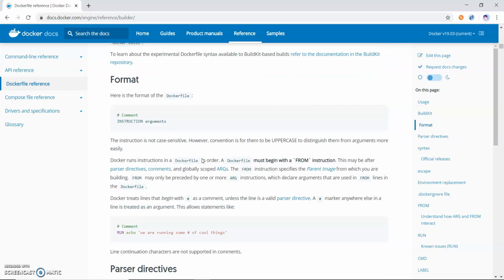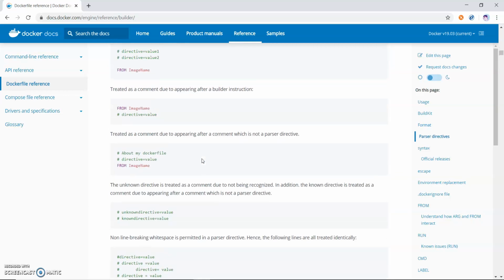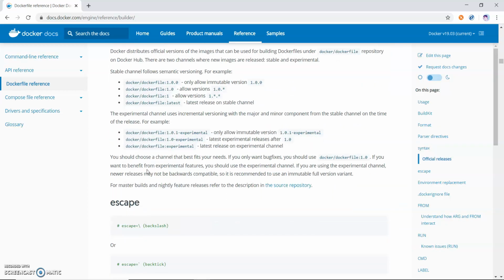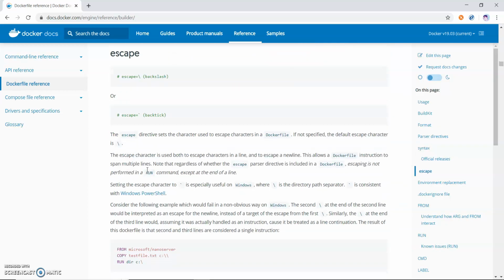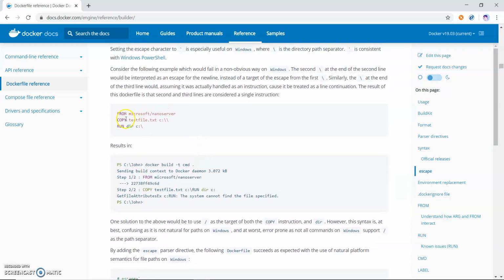If I go deeper, you can see how we can run it. They give all the information on how we can create a Dockerfile. So guys, a Dockerfile does not have any file extension. If I can show you, these are some Dockerfile commands.